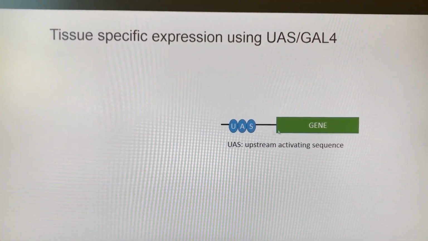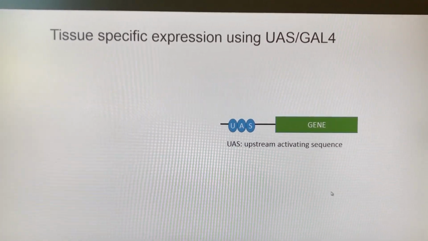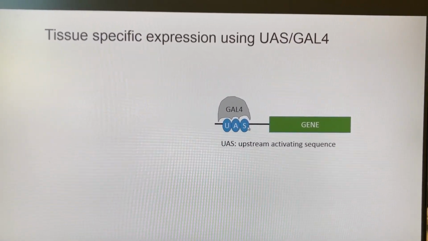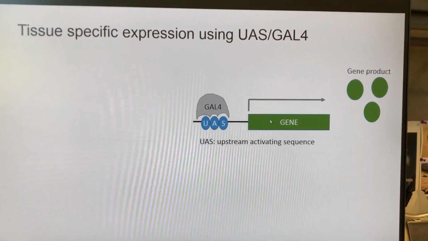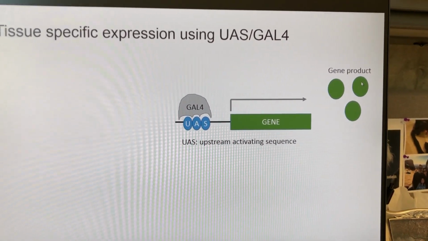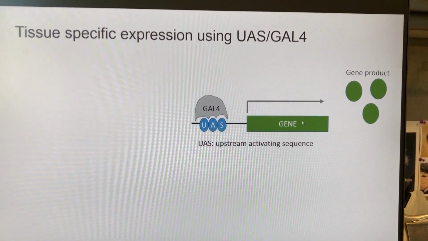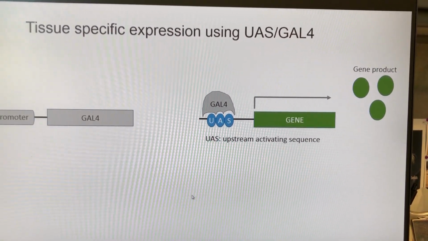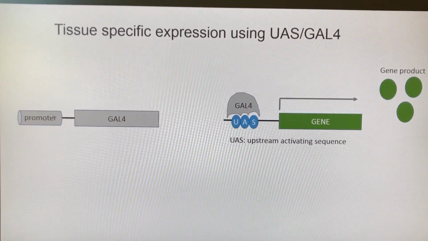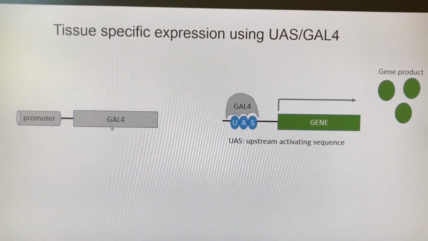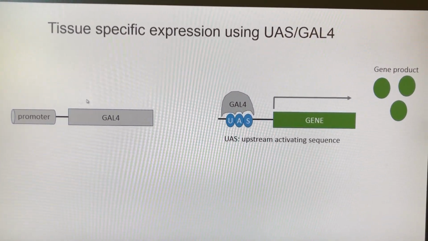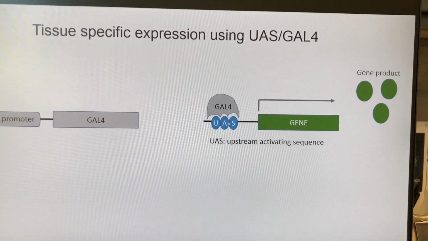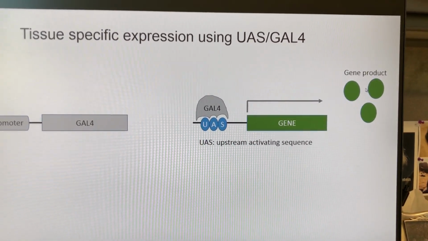But UAS by itself is just not enough. This gene is in its off state. What it requires is a protein called GAL4, which then docks onto the UAS sequence and allows for proper gene expression to then get your gene product. The way that you get the tissue-specific expression of this gene product is you make GAL4 under the control of a tissue-specific promoter. So you have as a promoter, say, a muscle cell promoter driving GAL4. Then only in muscle cells do you get GAL4 transcribed and translated. Then that GAL4 can dock onto the UAS site of this gene product and make gene product